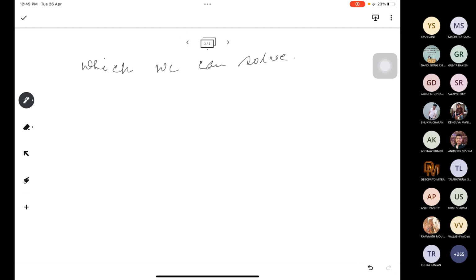So if we get y, then from any one of the equations,